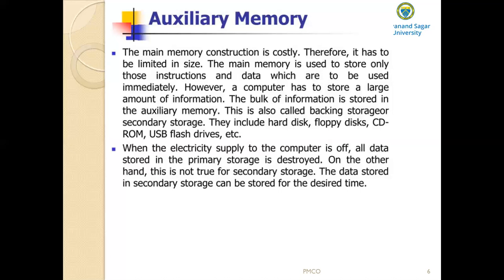Magnetic disk or hard disk and tapes are commonly used auxiliary devices. It is where the programs and data are kept for longer term storage or when not in immediate use. The auxiliary memory is not directly accessible to the CPU, so you have to keep that in mind. It is accessed using the input and output channels, or IO processor, we can call it.